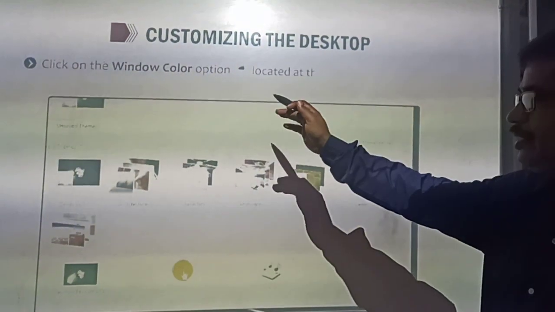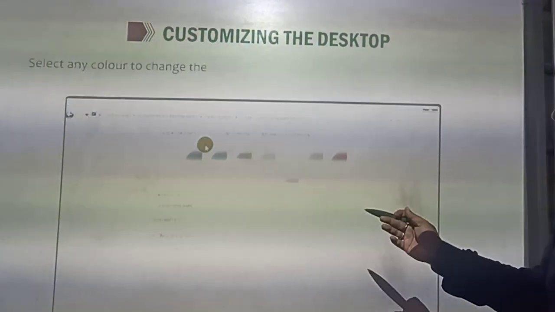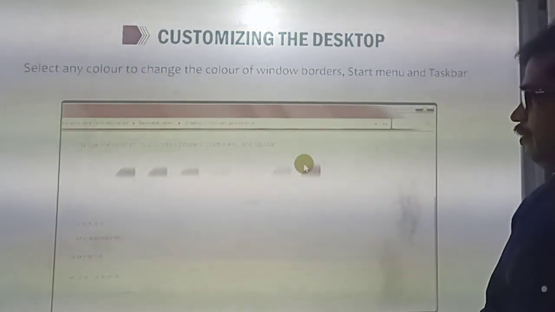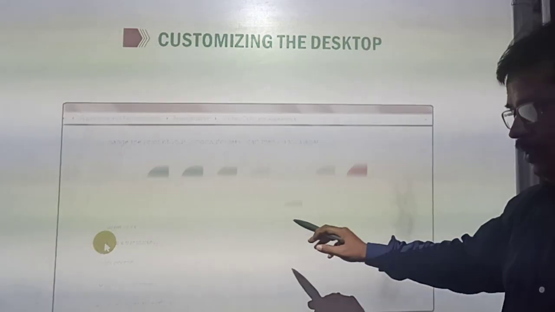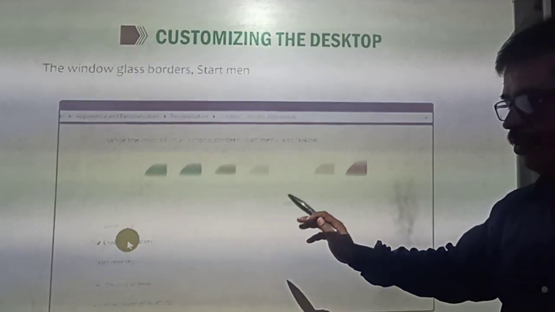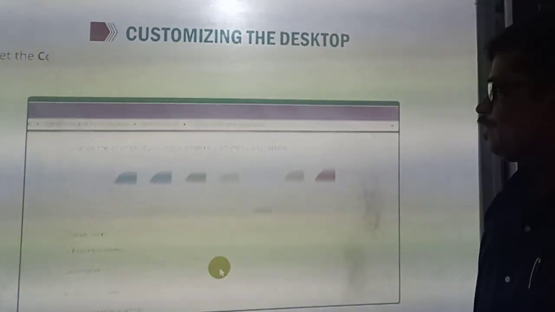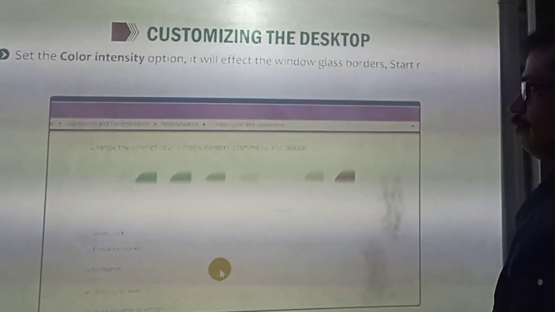The same things are repeated here. Click on the Windows color option, then select any color to change the color of the Windows border. What I have just explained is shown here. It is not very clear, so I have shown you from the book, so you can go through your book and practice.